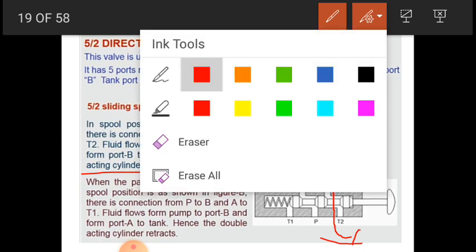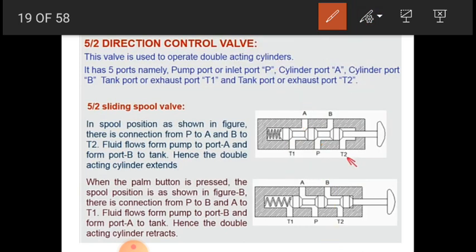When we press this palm button, the arrangement changes. When the palm button is pressed, the spool is in the position shown in figure B.